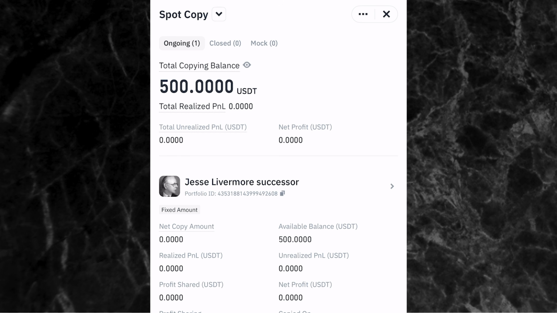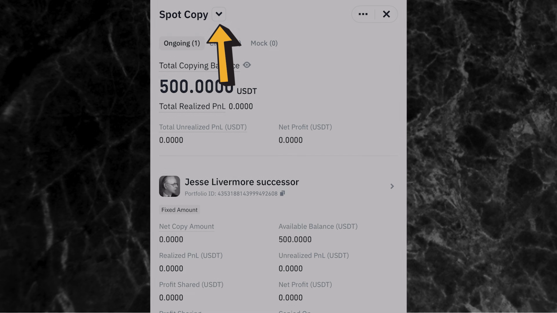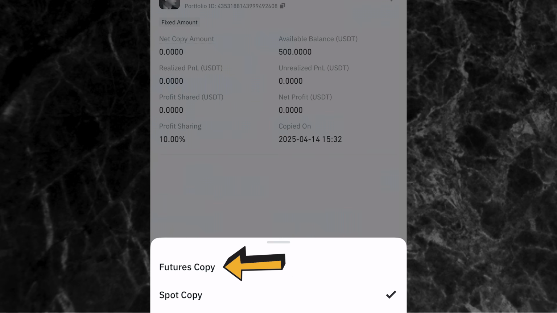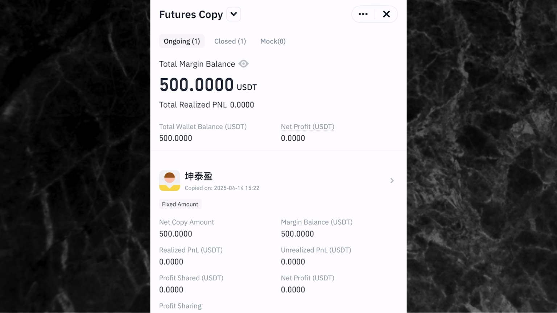So if you want to see it, click on view details right here. I can see it on the screen. This is for spot copy. I'm already copying this trader with $500. So if you want to check the one for futures, just click on this arrow right here, change it to futures. So you also see it 500 USDT. So this means that I've invested $500 into copying a trader for futures trading